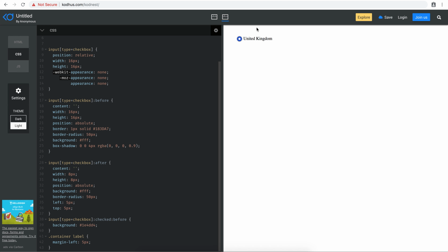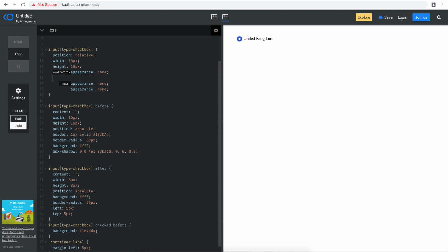So there is this in Chrome, when you click on this, you have this outline that gets visualized in form of a box. The way to get rid of it, you can set the outline to be none. So now you can see that when I click on this, this is the default version. When I click back, I do have a nice customized checkbox or radio button,